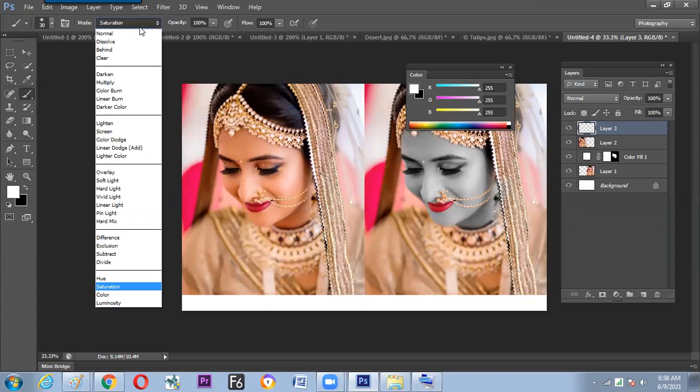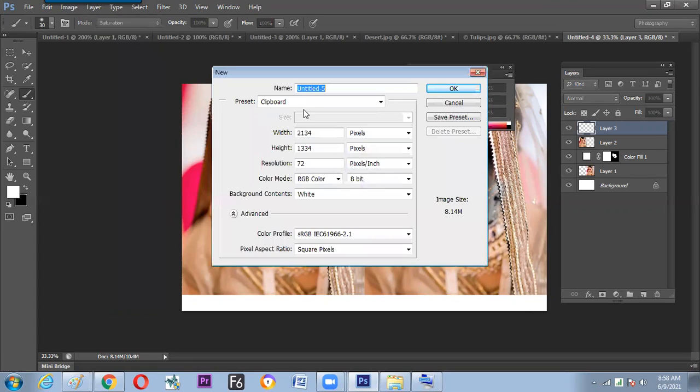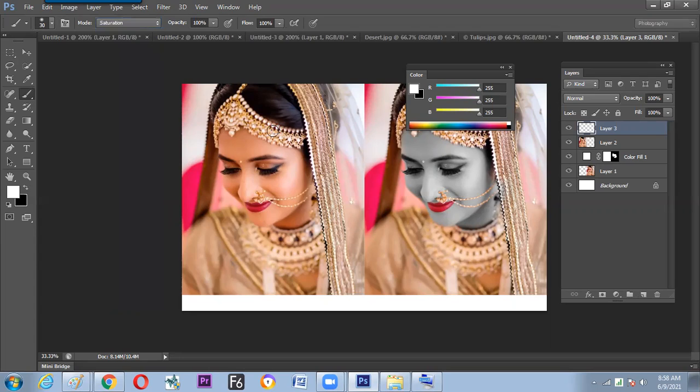Now, how many modes have we taken into control? 1, 2, 3, 4, 5, and 6, right? The 6 blending modes with the brush are clear, but on the spot we need to learn which mode has to be used where. Now we'll introduce one more blending mode. So check the screen, new canvas.